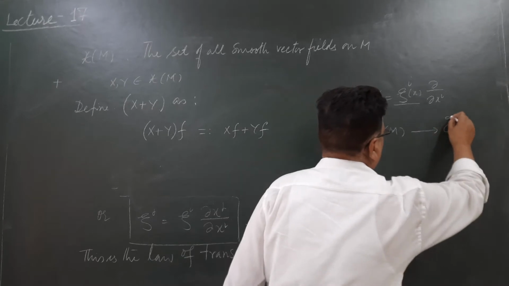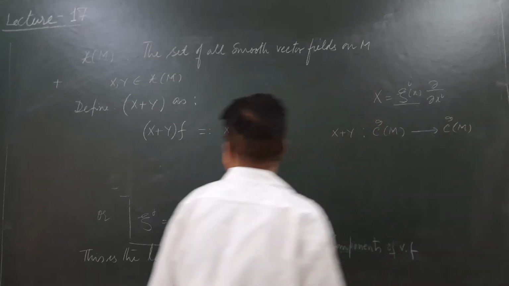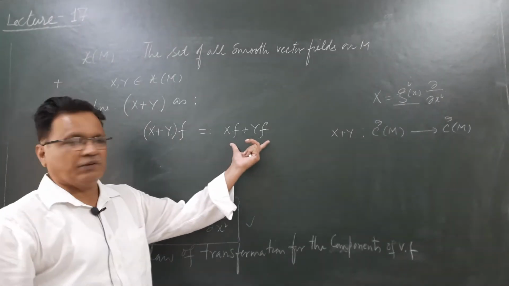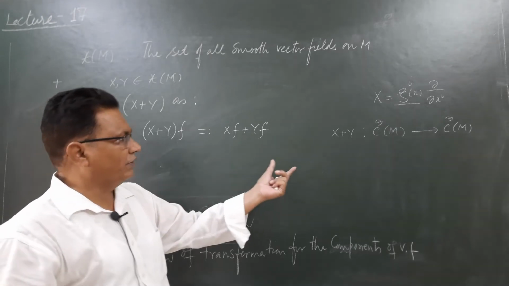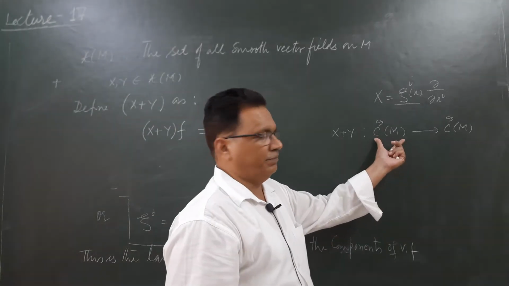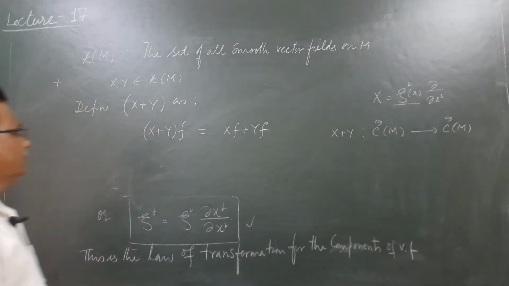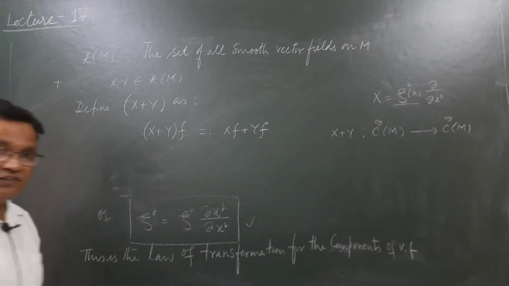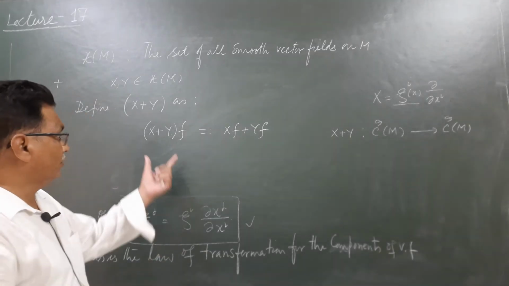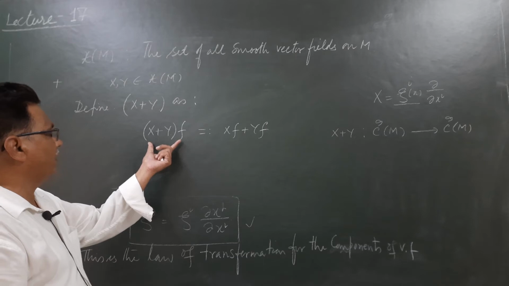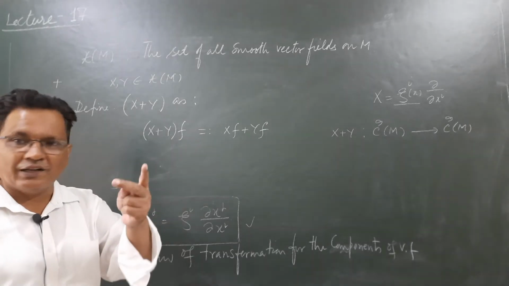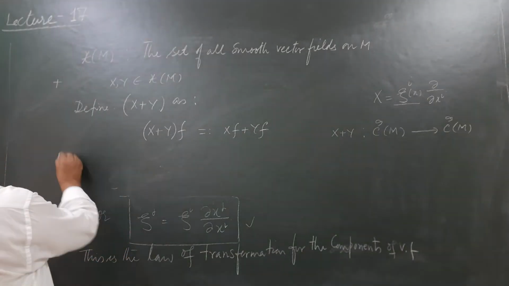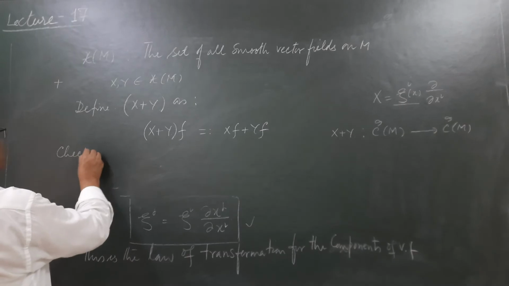ठीक है ना? x plus y को जब हम किसी फंक्शन पे ऑपरेट करते हैं तो जो चीज़ आती है हमारे पास वो फंक्शन होती है। तो इसका मतलब ये हुआ कि it's a map from here to here, alright. लेकिन अभी भी इसको आप वेक्टर फील्ड नहीं कह सकते जब तक कि आप इसको वेक्टर फील्ड साबित ना कर दें, ठीक है ना। तो इसको वेक्टर फील्ड दिखाने के लिए हमें क्या देखना पड़ेगा, क्या इसके अंदर वो दो कैरेक्टराइजिंग प्रॉपर्टी है या नहीं। Yes, so those properties we have to check. So our next step is to check